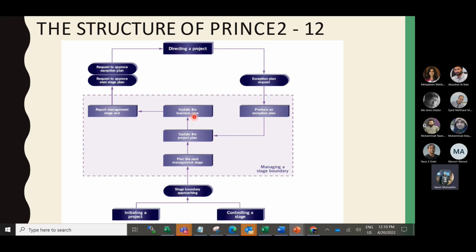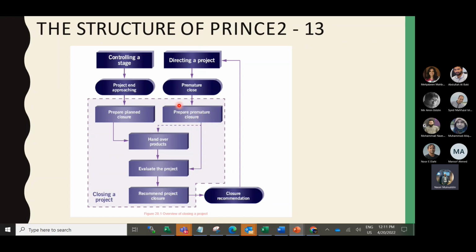These are the things you need to check here. If it is okay, then you plan the next management stage. And if you have any exception, you must produce an exception plan so that the board will give the authority whether you can continue the project or close the project prematurely.